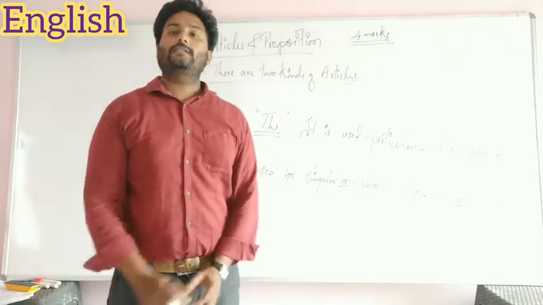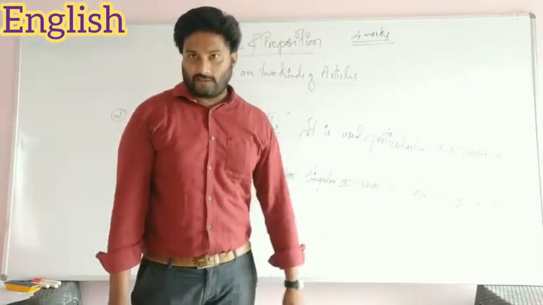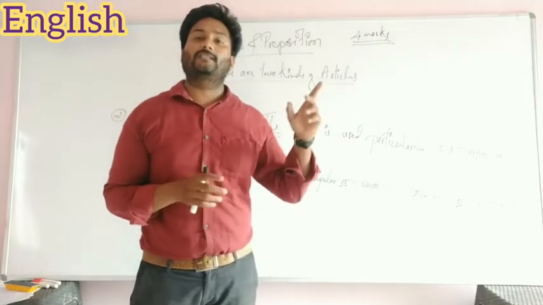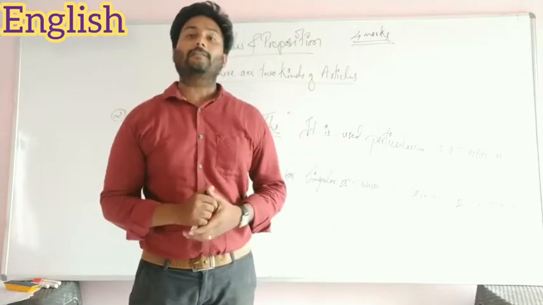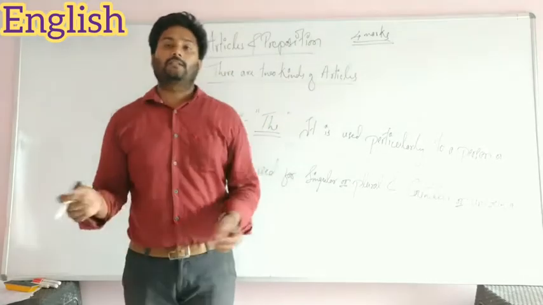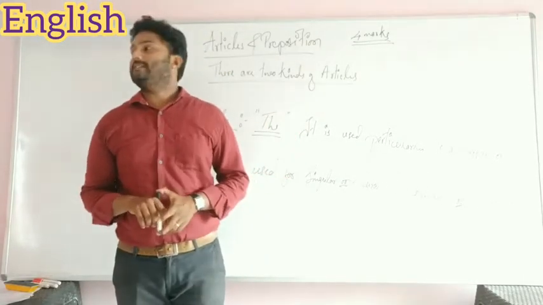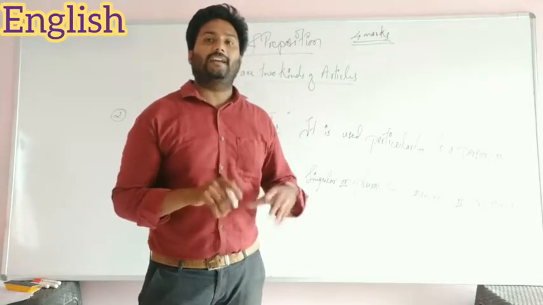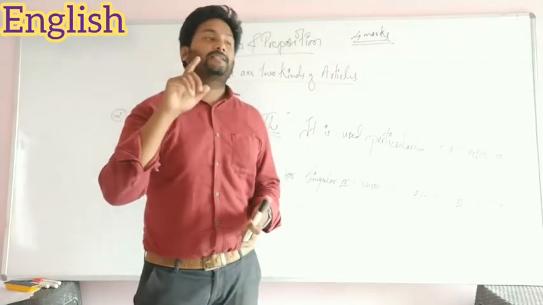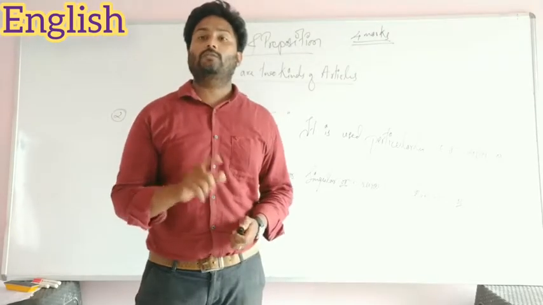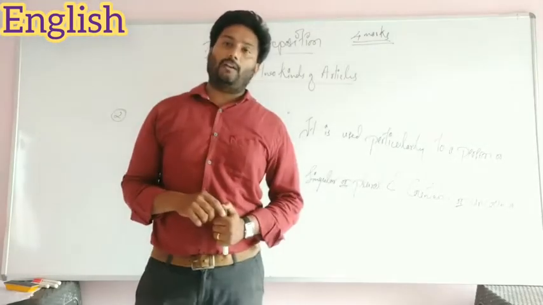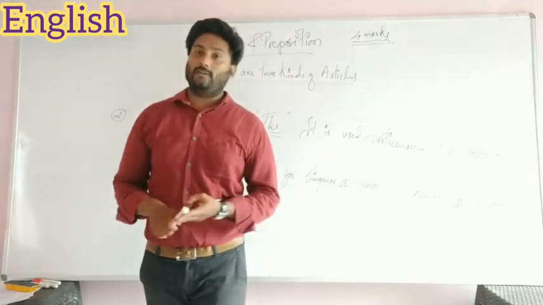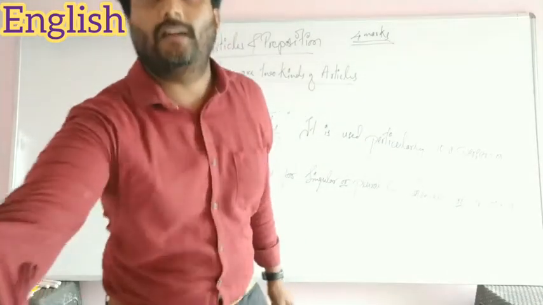And next we saw the classification of articles. We classified them into two parts. One is indefinite and another one is definite article. So indefinite articles depend on our sound, what we utter, what we pronounce, and a definite article is used for a particular place or a thing, singular or else plural. Either it may be countable or uncountable.